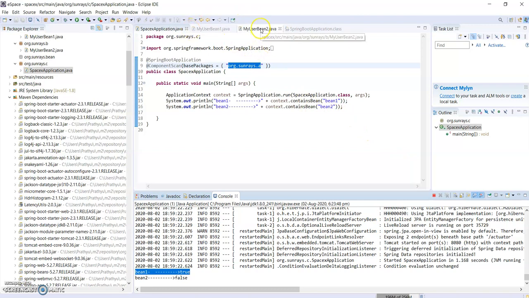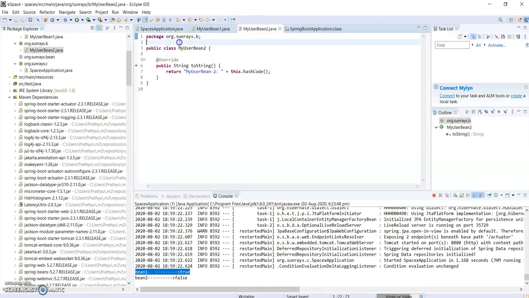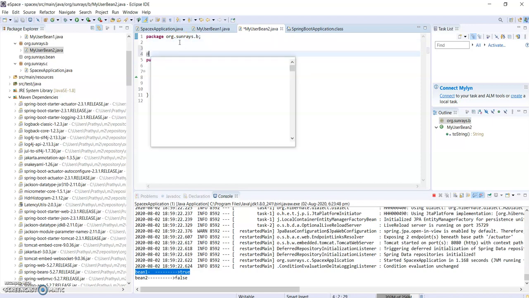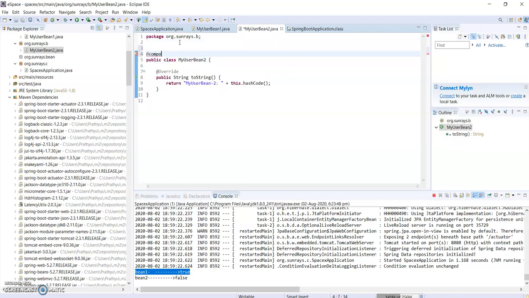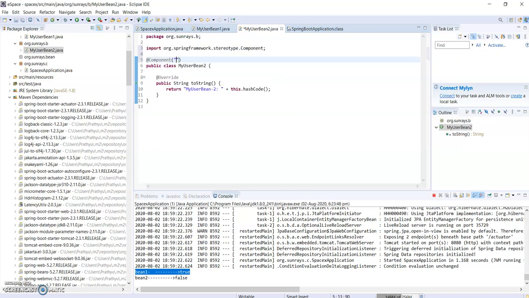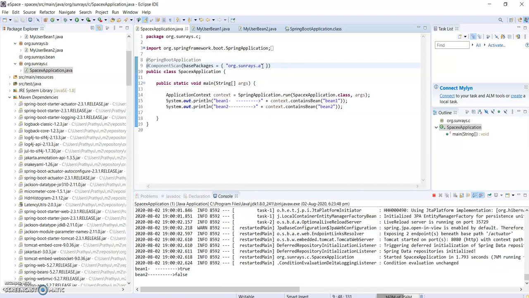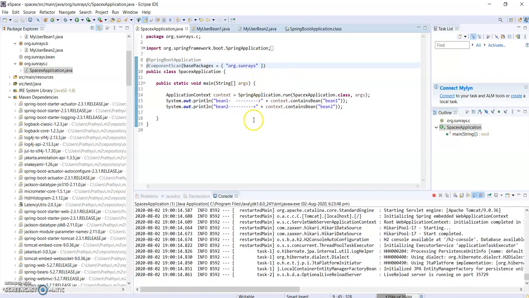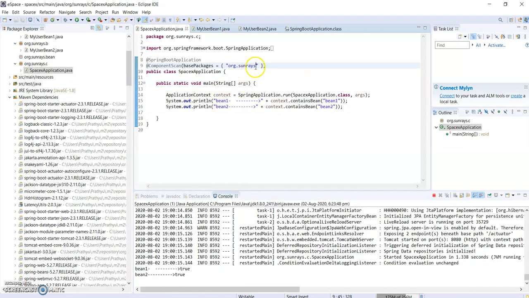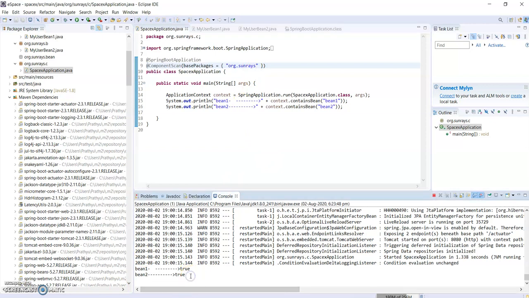And now we'll do the same configuration in Spring bean2. So I'm giving @Component and I'm giving the name as bean2. And now scanning will happen, and only A as of now because I didn't configure B. Or we can give the base package, so it will look for child packages inside, the sub packages, whatever is in A and B. So those two beans got detected and configured in the Spring context.